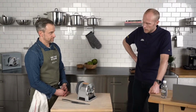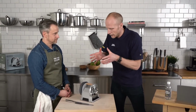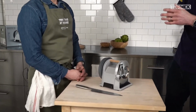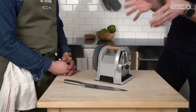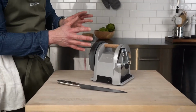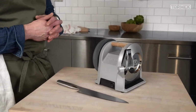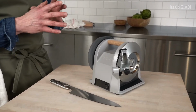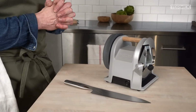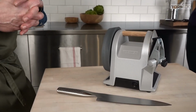Great. Should we start just by seeing it? It has a more sleek design than the rest of the Tormek machines. Could you tell us a bit about the design and how you thought when you designed the machine? First of all, you can see the resemblance, right? Yes, from there is a Tormek. Still, we wanted to make a machine that you really wanted to have on your kitchen counter, like a design piece. So that's our aim. And to do that, we made